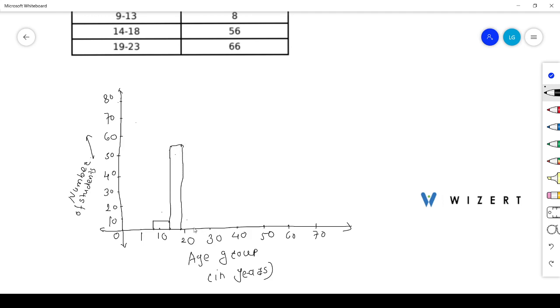Okay. Then from 19 to 23, 23 will be here. There are 66 number of students, means suppose here it is 66. Okay, then